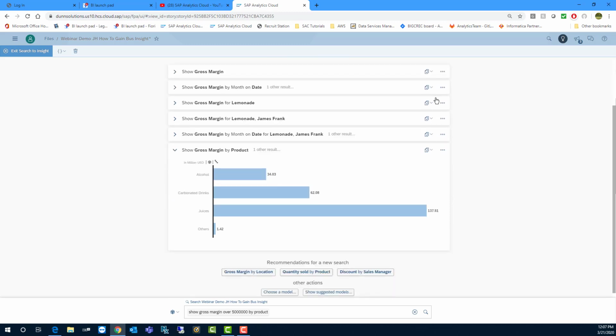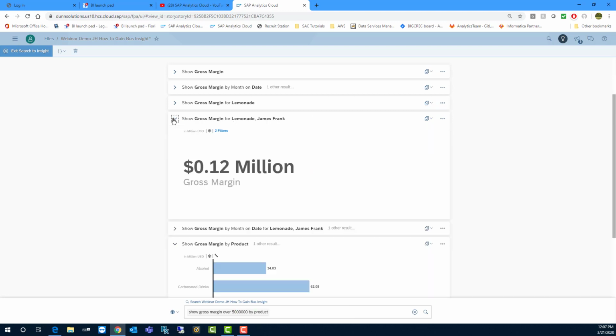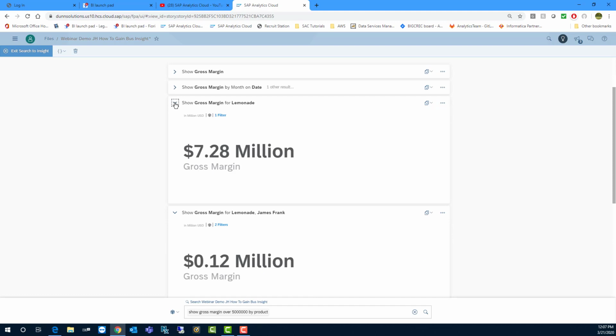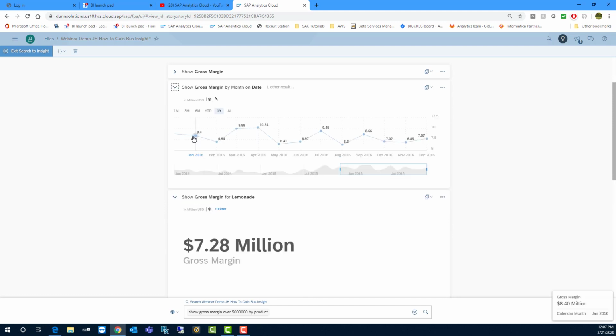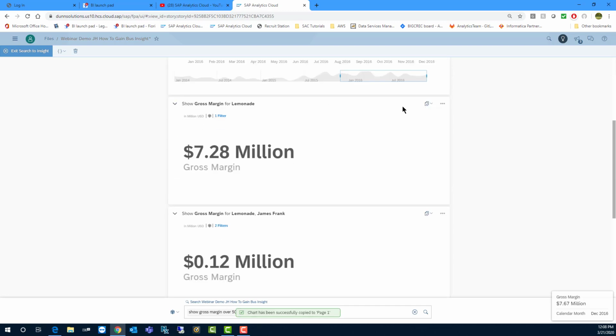Okay, so now let's make these results part of a page in our story. So I'll click here and I'll copy to, and I'll have options here for pages. I'm going to copy to a new Canvas page. And so then let me expand a few more of these to see if I want to make any one of these part of our page as well. So I'll expand these out a bit. And let's go ahead, let's take this time series here. Let's take that and add it to that page. You'll see that the page is now available as page 1. So I'll click on that. And let's grab one more here. Let me scroll down and let's grab this KPI as well. So let's copy that one.